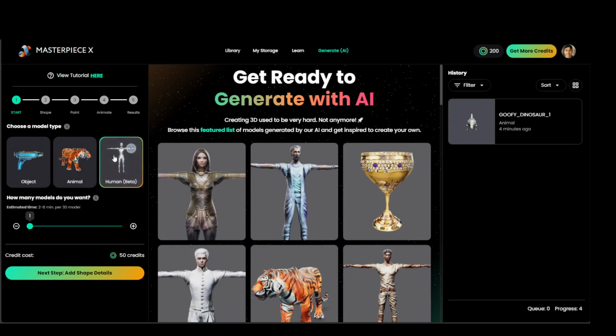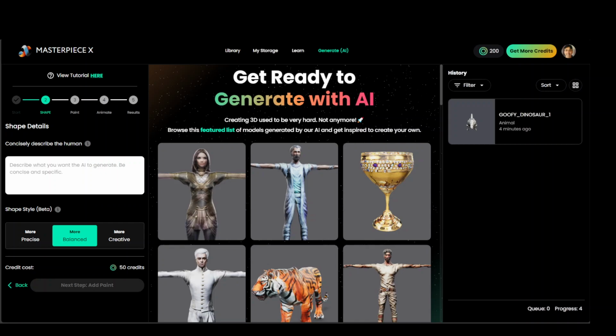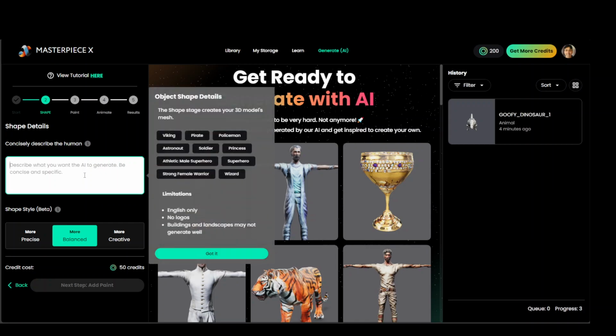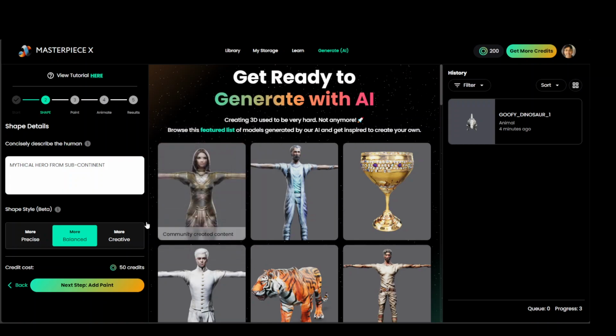So click on human and then you can go to add shape detail. In the shape detail you can maybe, let me say, this mythical hero from subcontinent. You can either select from here or you can select from this, and then I'll go with more creative this time, and then I'm going to say